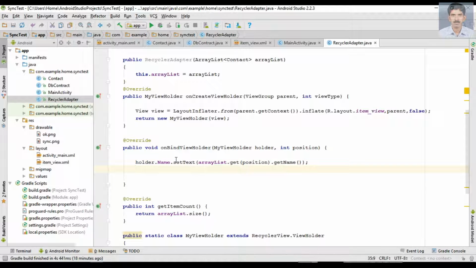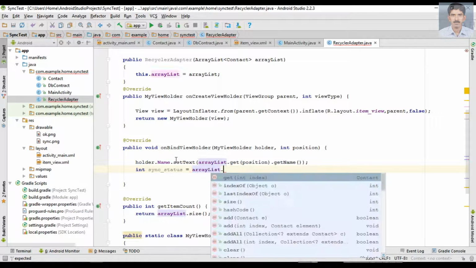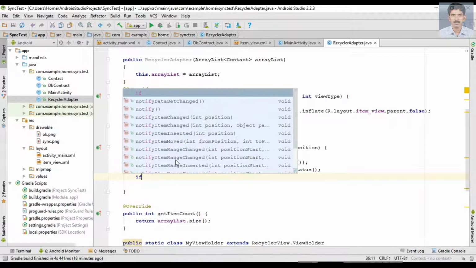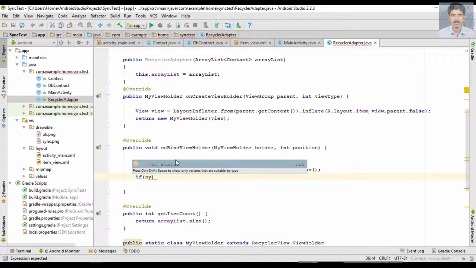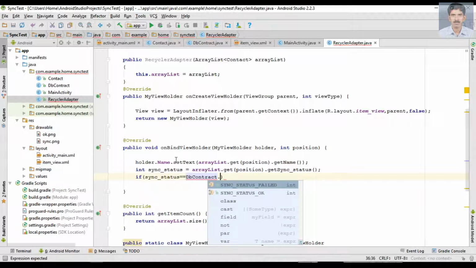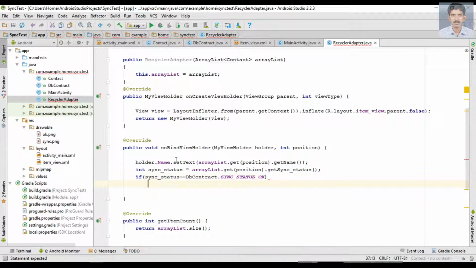Now we need to identify the sync status. So here I declare some variables. Sync status, and get it from the array list. Get the object from the array list and call the getter method getSyncStatus. So here we need to check some condition. If sync status equal to DBContract.SYNC_STATUS_OK,